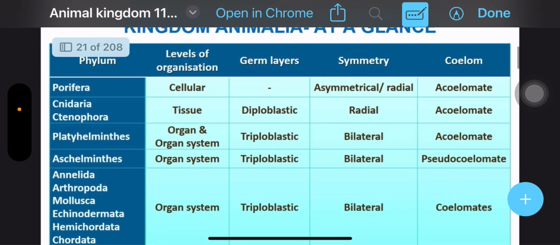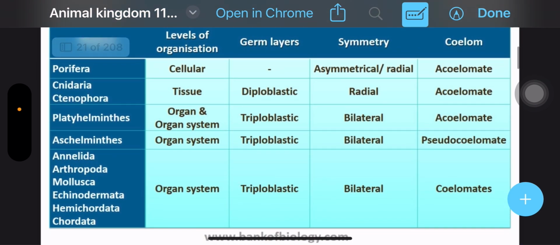See, at a glance you can learn all the things. Here is porifera, cellular organization. Is this one enough to learn all the things? Porifera's level of organization is the cellular organization, and second